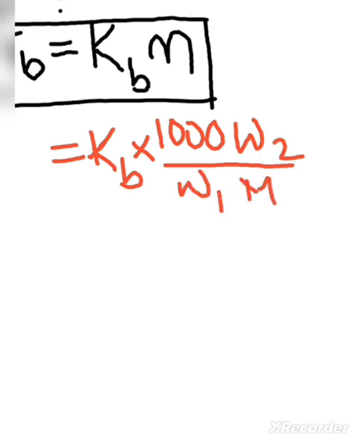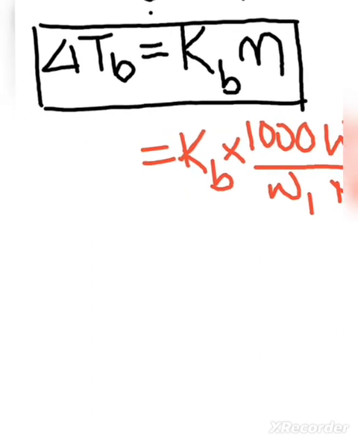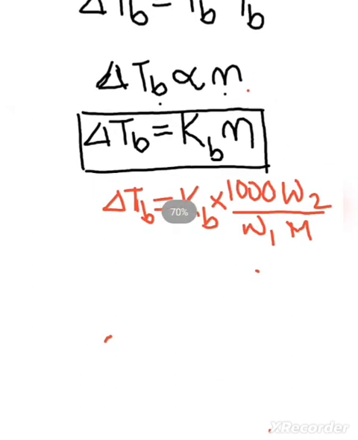Clear? So we can say delta TB equals KB into 1000 W2 by W1 M2. Clear? Now this KB is the property of the pure solvent, because